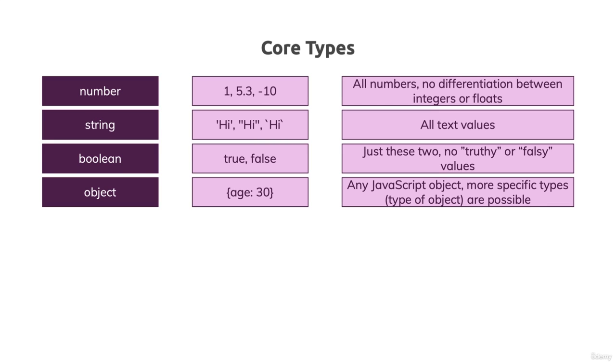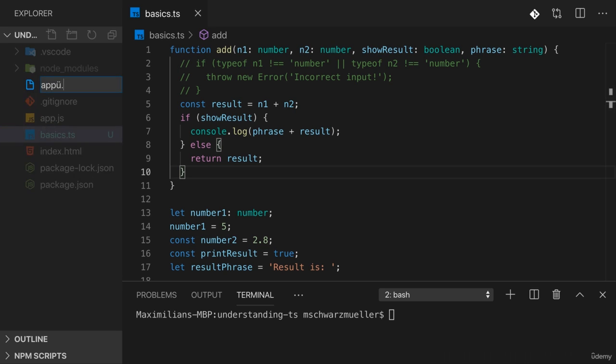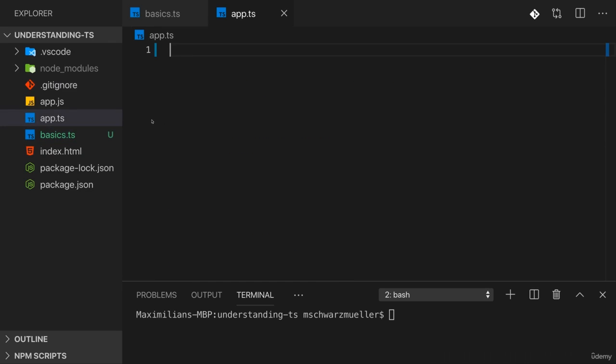But we'll get there step by step. To dive into objects, I'll first of all rename app.ts here, and I'll rename this to basics.ts here, and add a new app.ts file, which will then overwrite the old app.js file once we compile it, where we can now dive into objects. And let's start by creating a basic object here, let's say a person with the curly braces here, and we